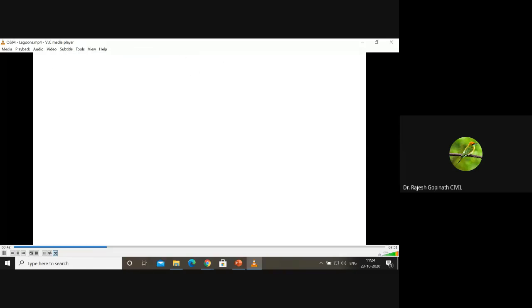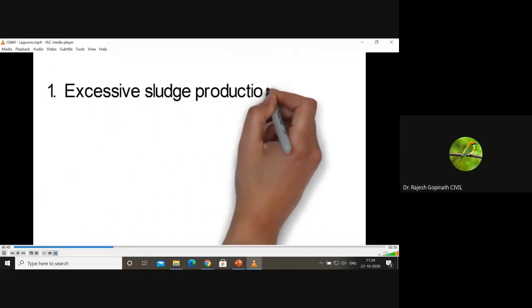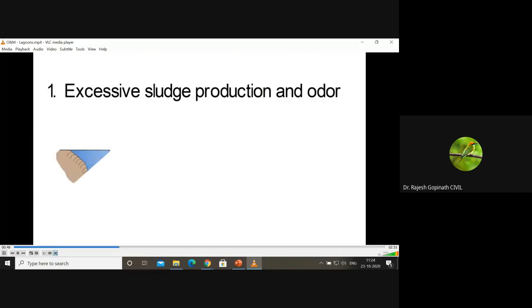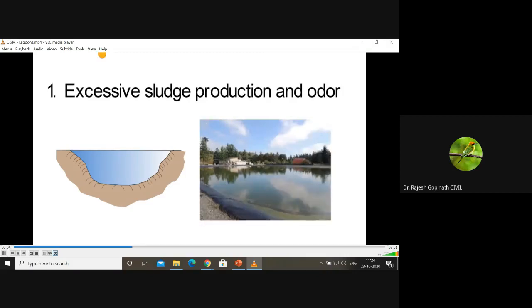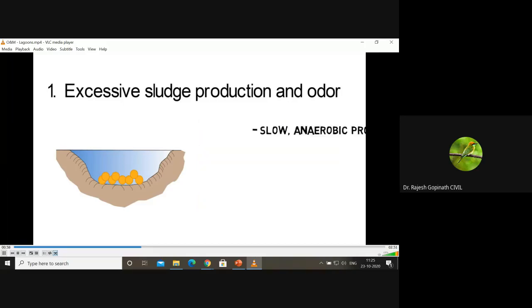The most typical signs of an overloaded lagoon are excessive sludge production and odors. Increasing BOD and TSS influence result in undigested sludge, which is settling to the bottom of the lagoon and taking up valuable space. In case you do not remove the sludge on time, the sludge will constantly accumulate. It will reduce the effective depth, it also will reduce the effective volume, and subsequently, this sludge will also get decomposed, resulting in the production of bad odor. This leads to slow anaerobic processes, so that more and more sludge is built up over time.